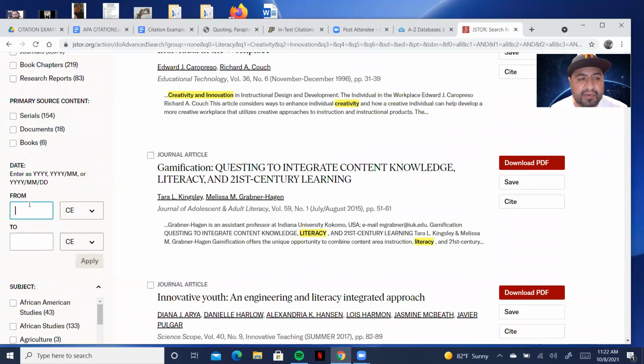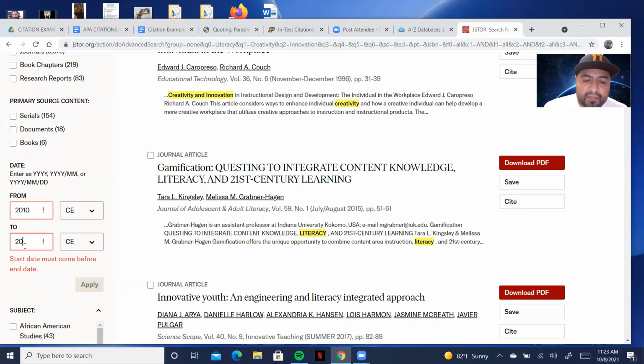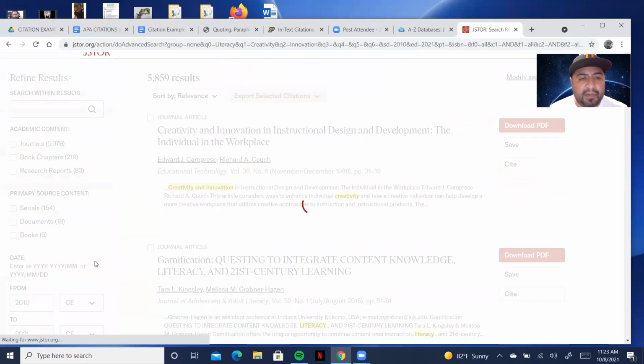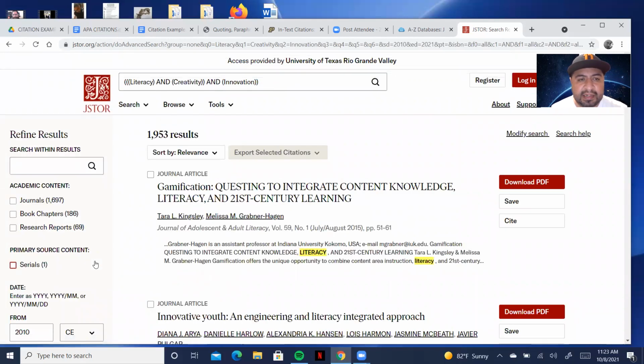You can also do it through date. So let's say that I want information from the last 10 years. So, oops, 2021. All right, and I'm going to go ahead and apply and see if that changes our results. See, it narrowed it down to 1,953 results. So that's kind of helpful. All right, now that I've talked about that, let's look at an actual journal